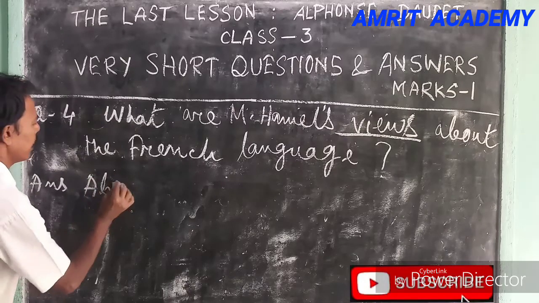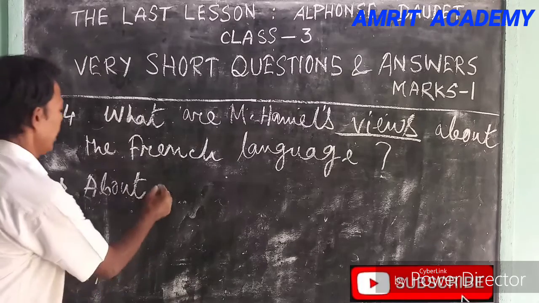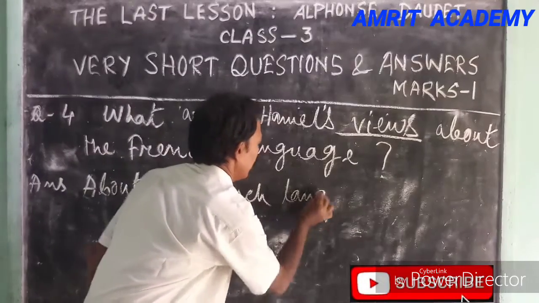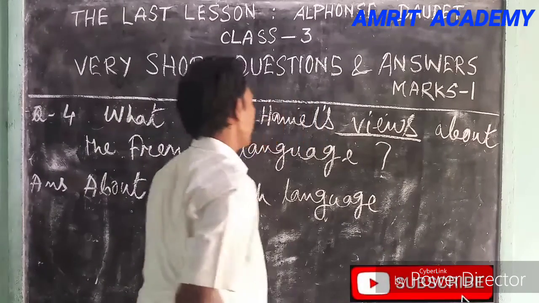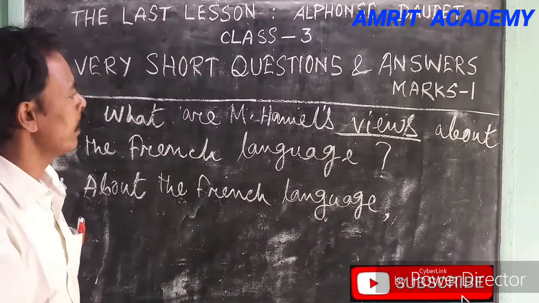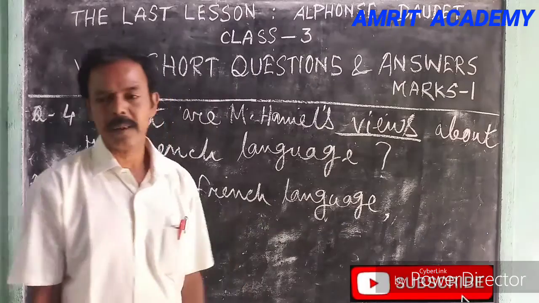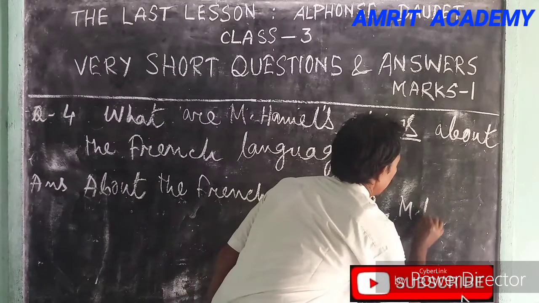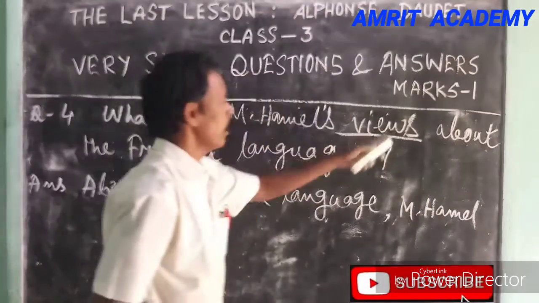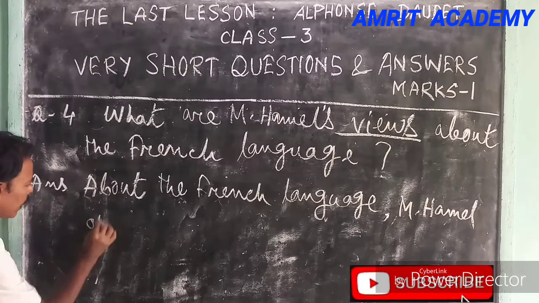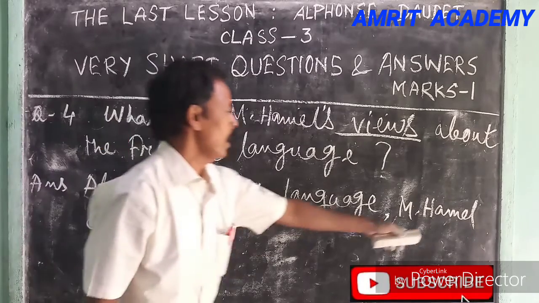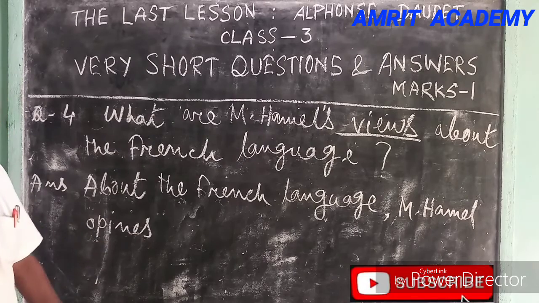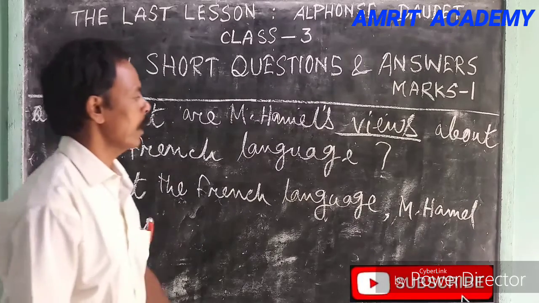Now, the last part of the question we will bring to the beginning: about the French language. This is one phrase. As soon as the phrase is completed, we put one comma here. About the French language, M. Hamel. In place of views, we may write opine. Here it is M. Hamel, third person singular number, so in place of the root word opine we write opines. Grammatical pattern: About the French language, M. Hamel